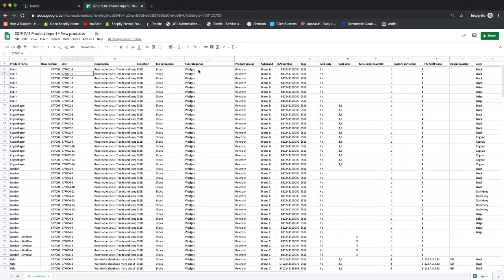But in this example, I have chosen some different columns that I would like to use, and I have filled in information. So the first one is product name, item number. As you probably know, item number is the overhead style number for a product. So if a product has multiple variants, it's important that it has the same product name and item number for all the variants. What separates them will be the SKU that needs to be unique for every product line